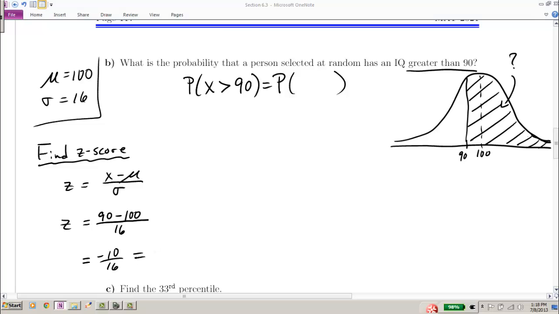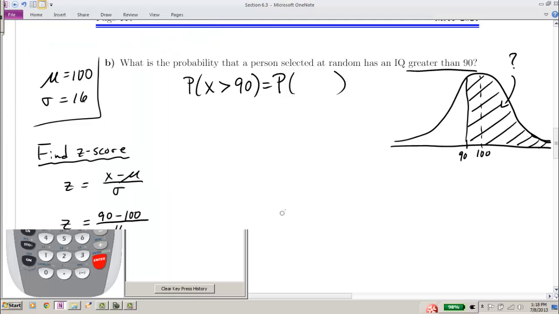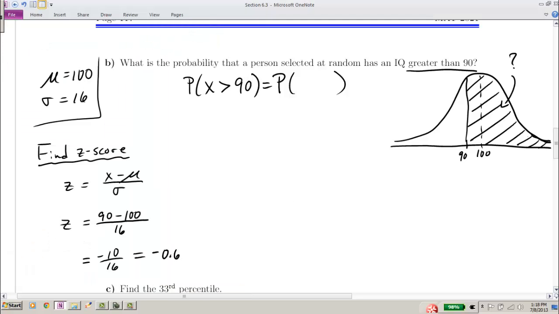And we get negative 0.625. Again, it's a z-score. We have to round these to the hundredths place, so we're going to call it negative 0.63. So there's our z-score. So 100 we know has a z-score of 0, 90 has a z-score of negative 0.63,